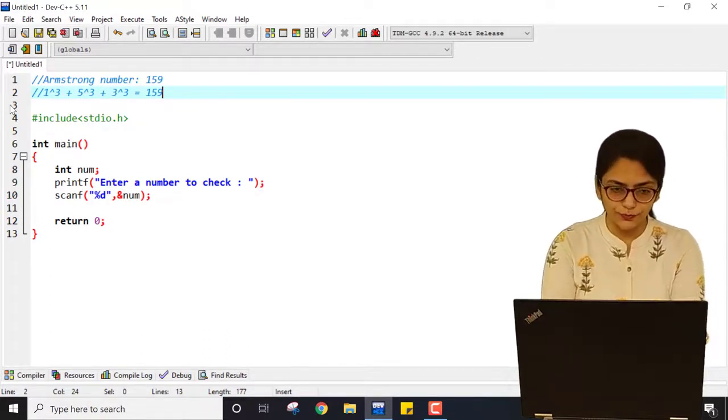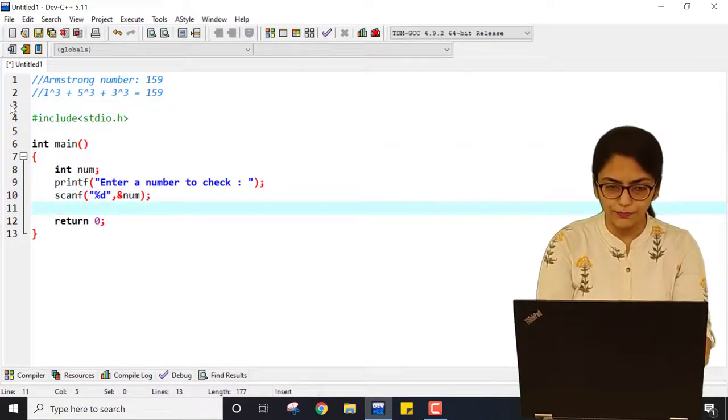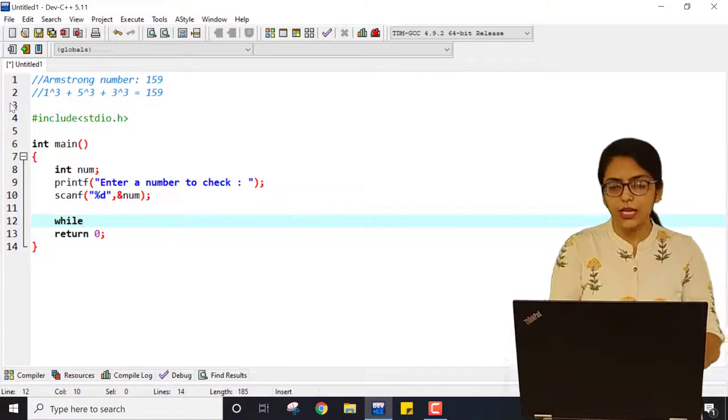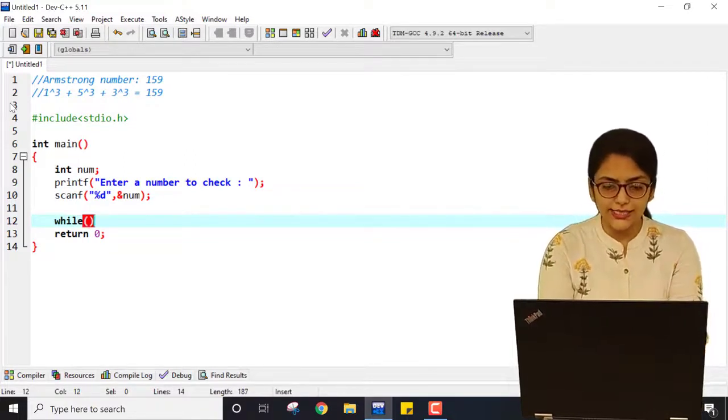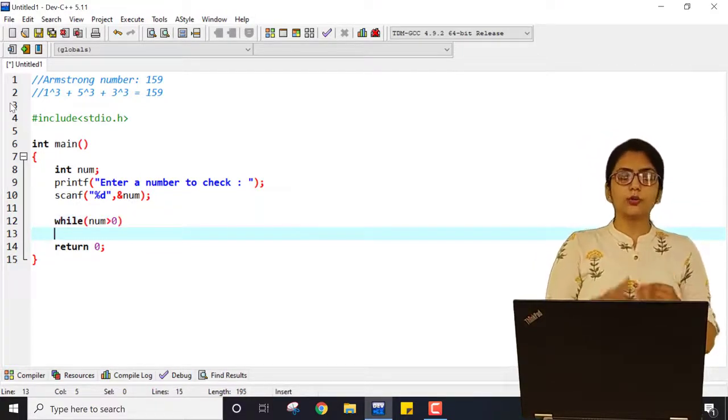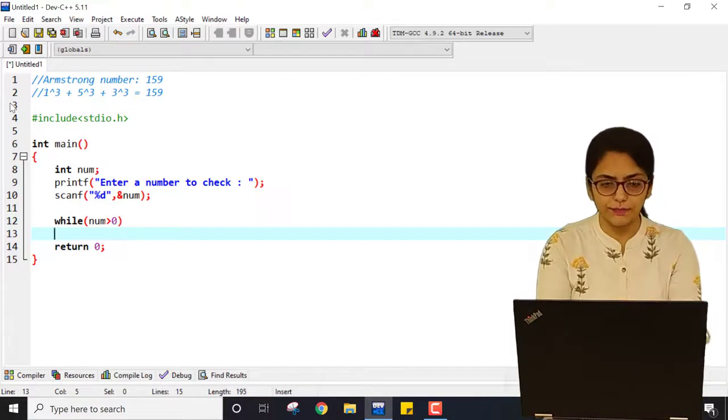Now what I'm going to do? I'm using a while loop. Why? Because every time I want a digit, and this logic is similar to what we implemented in the previous lecture for finding the reverse of a number or the sum of digits.